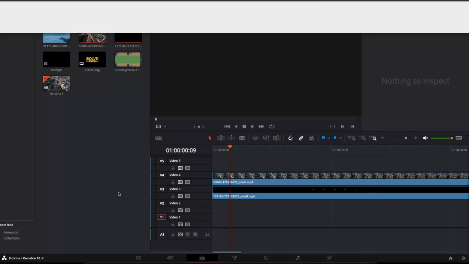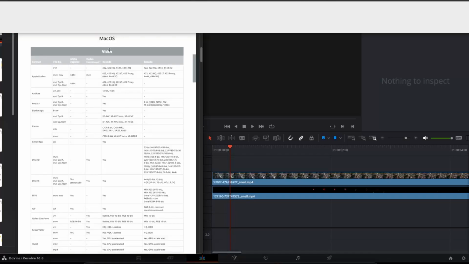Hello guys, in today's video I'm going to show you how to fix media won't import to DaVinci Resolve. This problem will occur if DaVinci Resolve doesn't accept your video format. For example, it accepts MP4 and so on and so forth, but we can look at, for example,